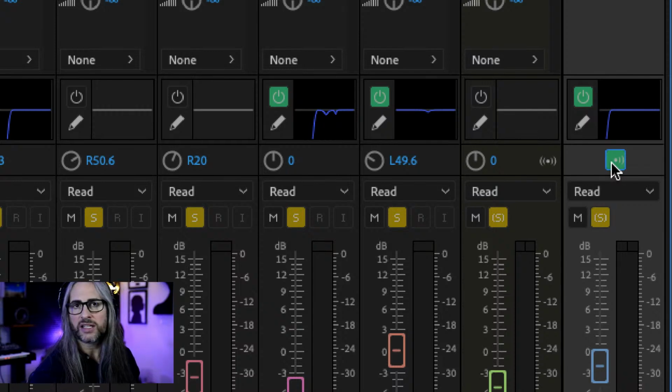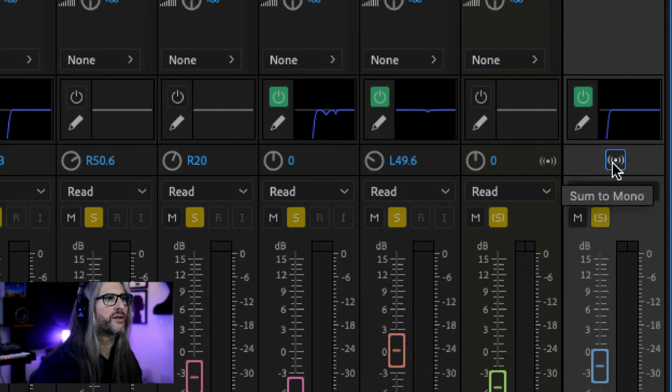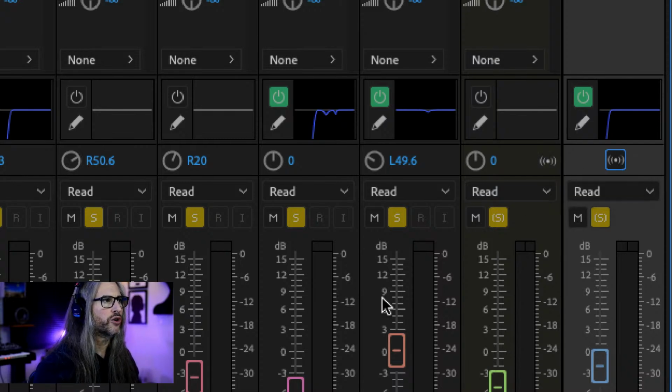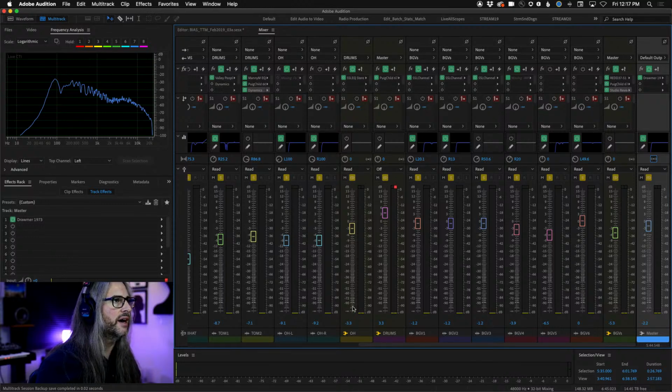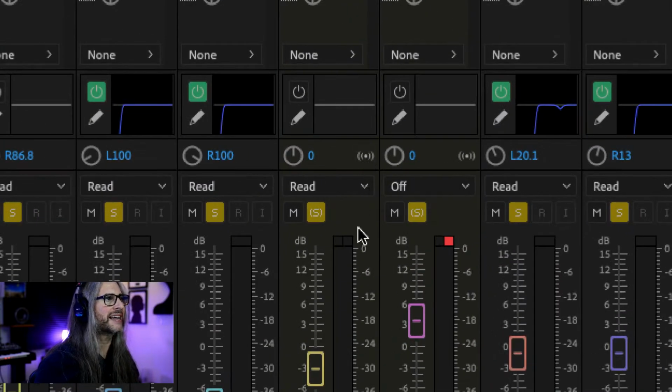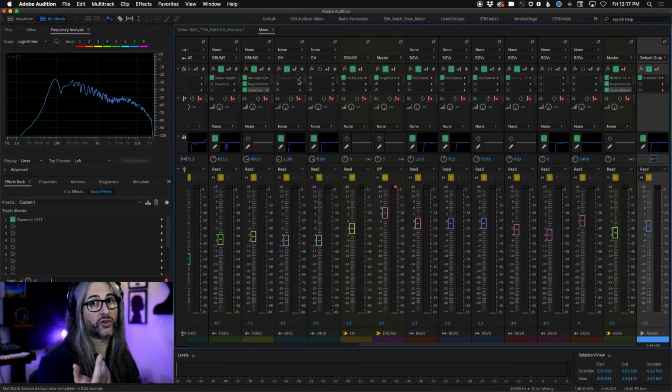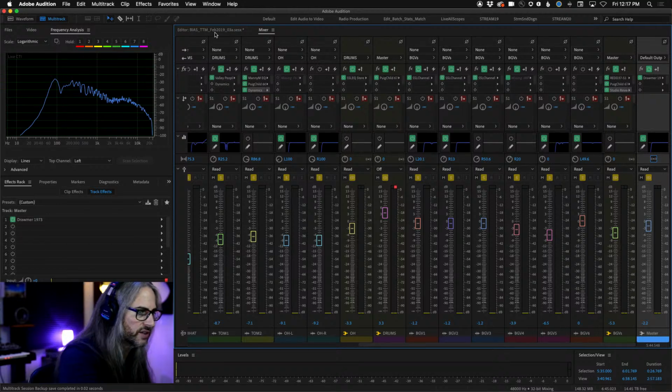Broadcast radio still does a lot of things in mono. BBC still does occasional things in mono. It's just a good practice to be into. It's also going to let you know if there are other problems in your stereo mix. So this is a really good thing to have, and you can see you've got it on your buses as well, and you'll have it on any track types that are stereo track types, okay? All right, let's go over to